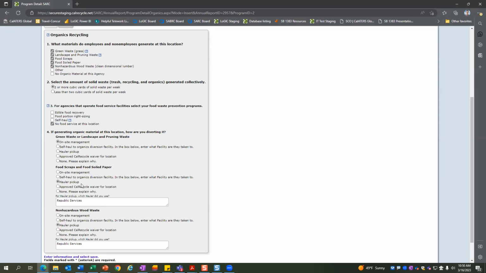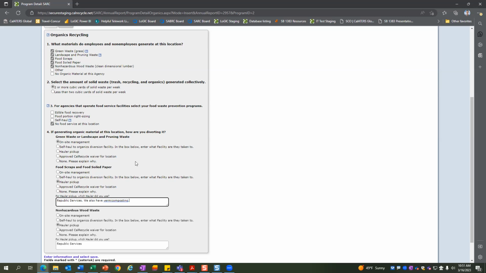There should be enough room, but the hauler takes most of it. Yeah, definitely. Okay. I would select hauler pickup in that particular example, and you can state the hauler, and then there's enough room here, and you could just say this as well, right? There's nothing wrong with providing a little extra information there. Thank you. We got a notice last year because of it, so I wanted to make sure to do it right this time. Yeah, perfect. Yeah, that's a good question.